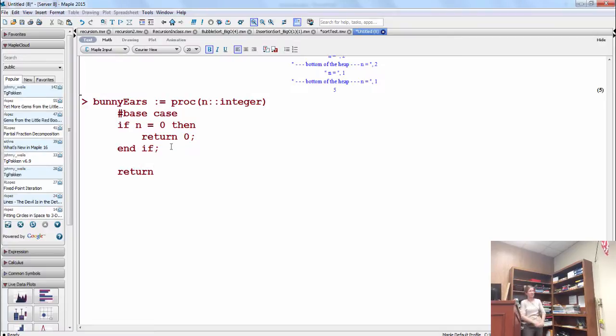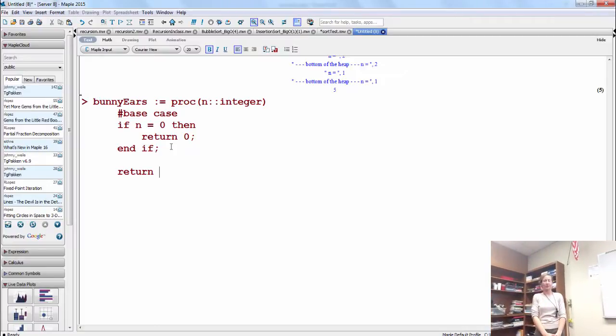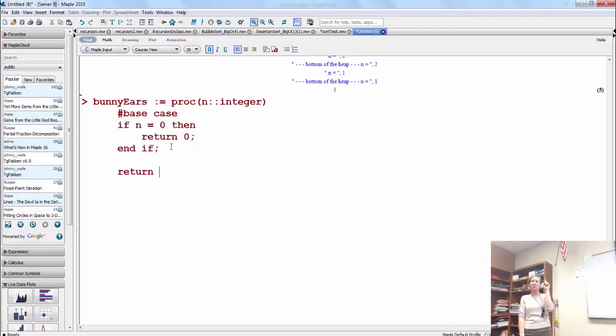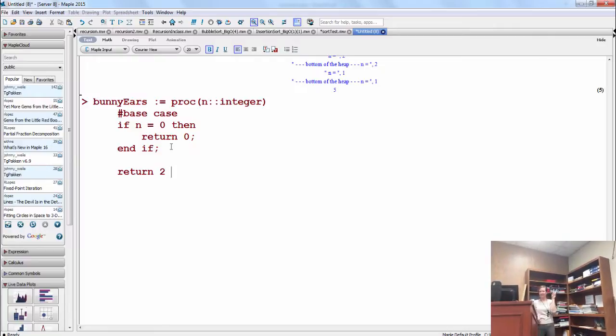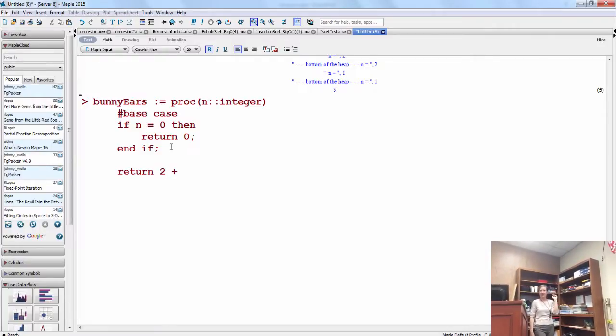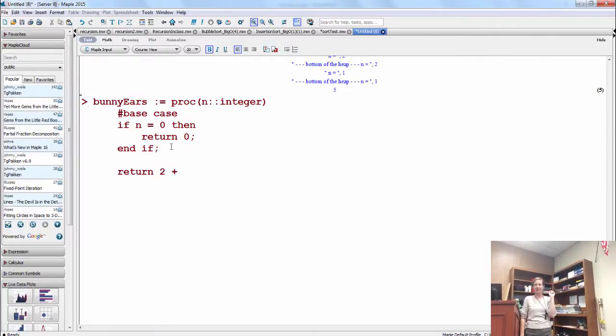What do we return here? What's our non-base case? If it's not 0, it means we have at least 1 bunny. How many ears does 1 bunny have? 2. So we're going to add in that bunny's ears, and then call the procedure again for the remaining bunnies, because we've already added 1 bunny in.